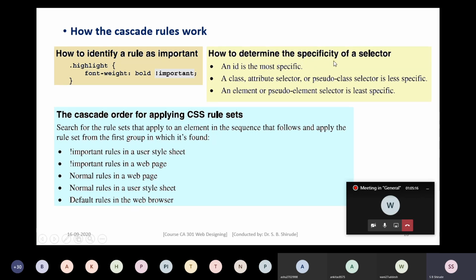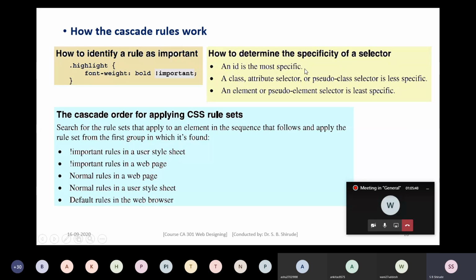Now how to determine the specificity of a selector? Some students have asked me in the last lecture in what way I should select when I want to code the selectors. So you have to understand the specificity of the selector. If you want the selector to be most specific, you have to use ID.